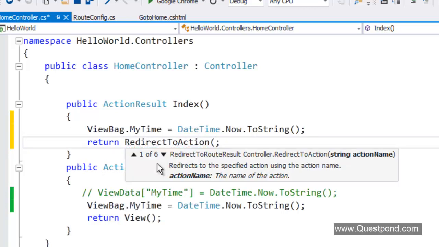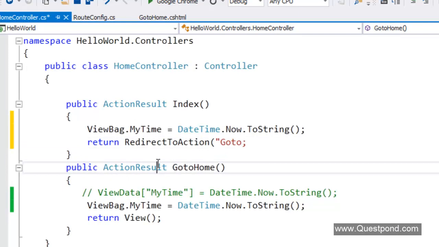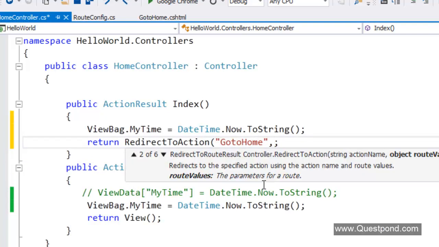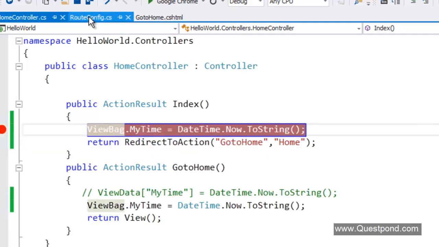So I'll say here, go to this action which is called go to home, which is lying in the controller. You can see there is a controller name here, home controller, right? As soon as somebody goes and hits this index over here, he goes and hits go to home. So I'm going to put a debug point over here, and let me go to my RouteConfig.cs